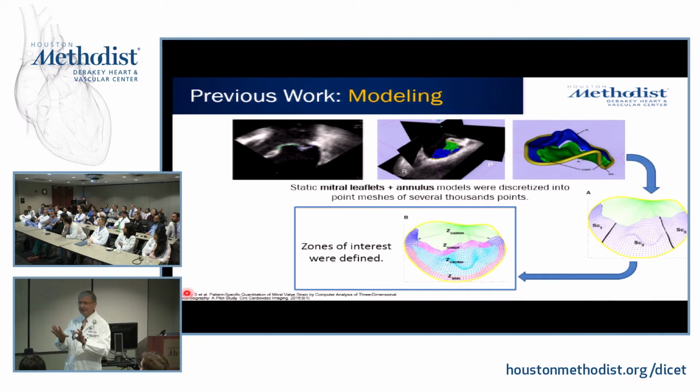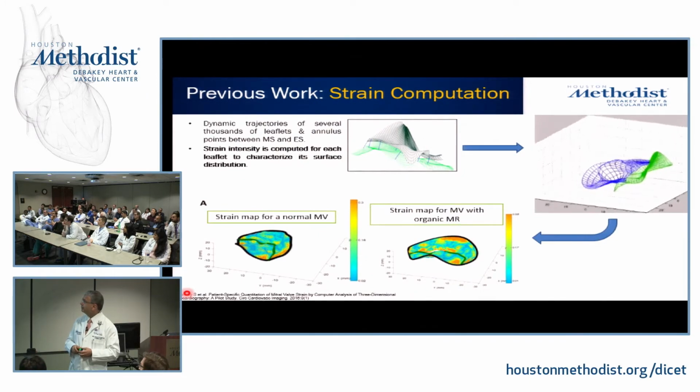and then they do the modeling, and then you bisect the valve into its anterior and posterior leaflet, and look at the commissures, look at the zone, and then you can take a look at different zones of this valve. And take a look at the annular portion, at the coaptation portion, posterior, anterior, you could divide it, whatever it is, provided the basics were done, meaning I can track this valve from a time in systole to another time in systole and look at what really happened in between.